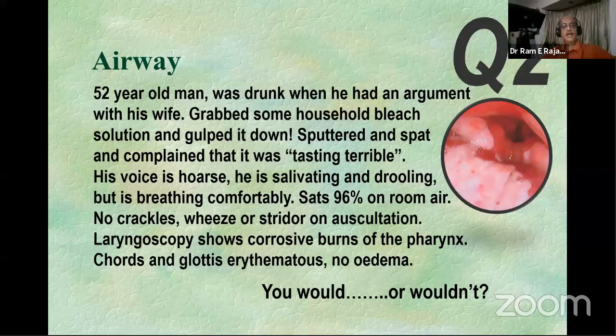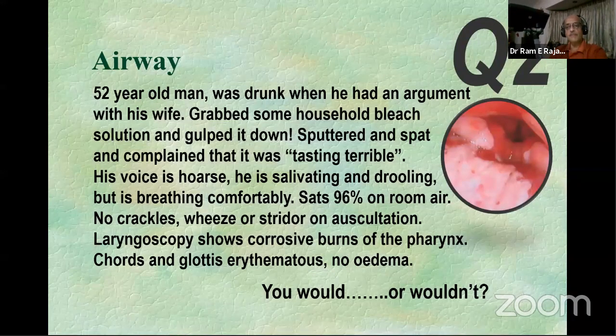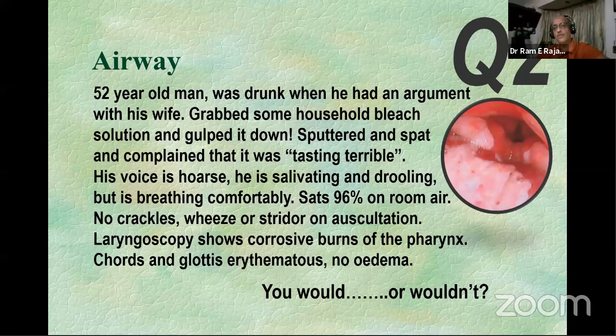the airway. Listen, I put the topic right on top and I said airway, and then I gave you a topic. Everybody is focusing on the fact that you didn't want to do that. Here is a very classic situation where you have sufficient signs in a guy who has taken a corrosive that he will potentially hurt himself. He's got significant pharyngeal bleed, pharyngeal erosions almost all the way to the glottis. It may be that it's sparing some of the glottis. This is a situation where the guy is drooling, he's got a hoarse voice, and is potentially somebody who will compromise his airway. And this is something that many of us seem to miss on a very regular basis.